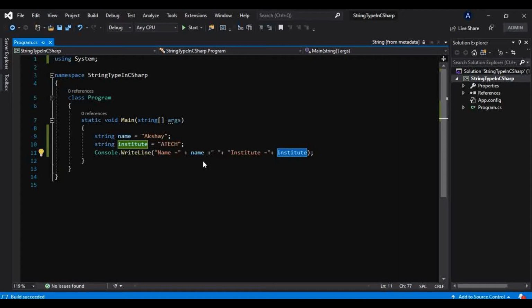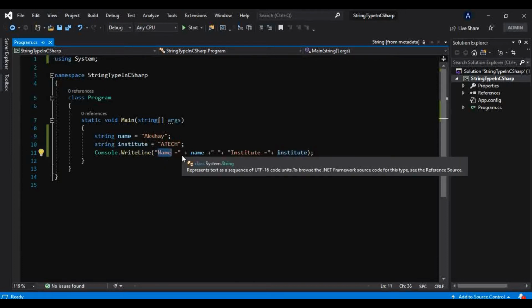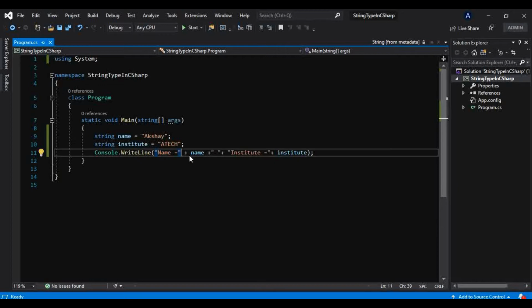So let's check out how we can use placeholders to print both these names. To show certain data in front of this name, there is another way. Instead of this plus operator, we can use placeholders.